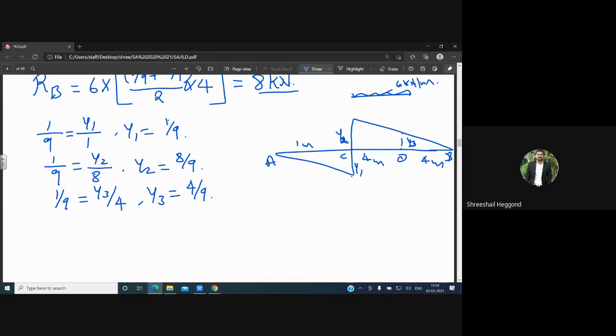The shear force at C point can be given as, you need to multiply with the area. Area is on the right hand side only. On the left hand side there is no area because there is no loading. Therefore, shear force at C point can be given as y1 into, there is no load, therefore it will be 0,